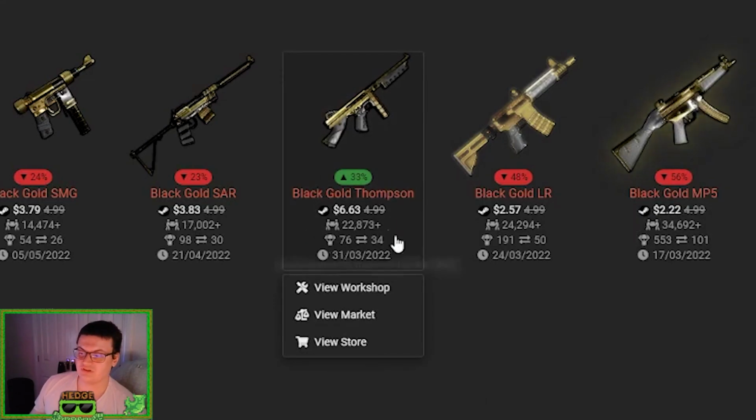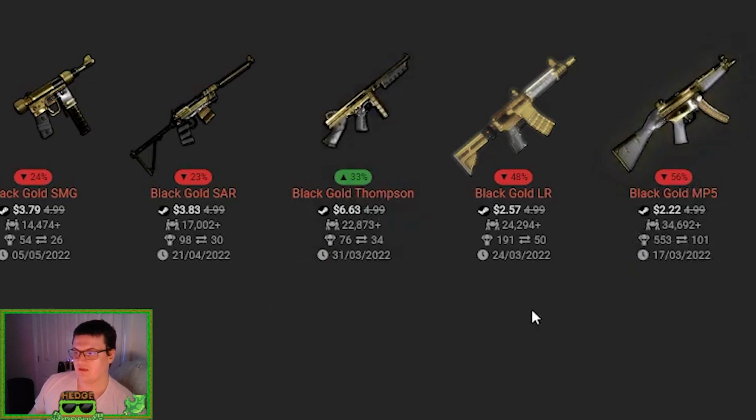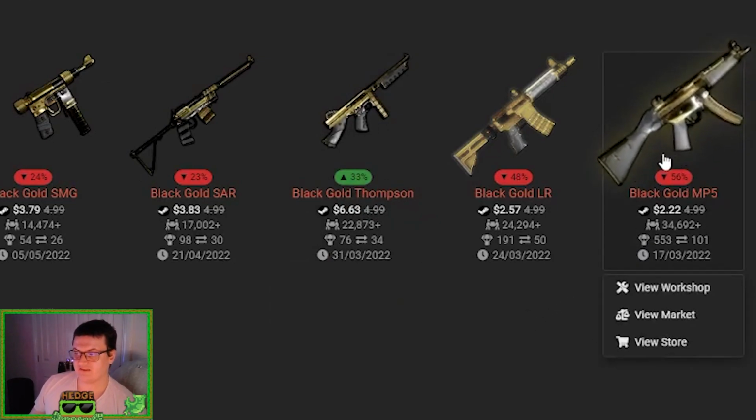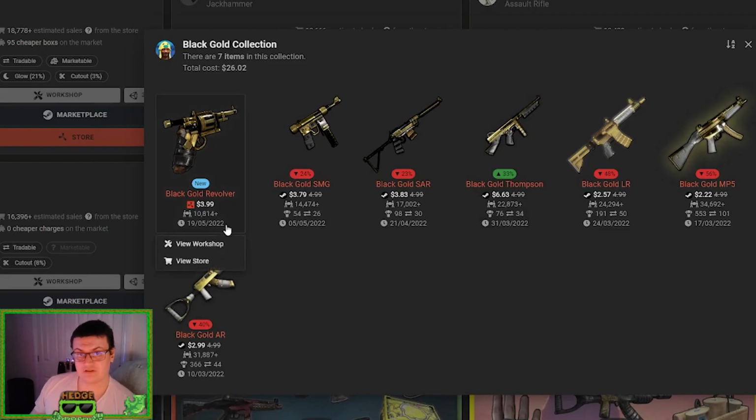So this only had 23,000 sales. This had 35,000 sales almost. This had far too many bought in excess, and it suffered, and it's now down by 56% of its original store price, whereas the Black Gold Thompson has flourished and it's up by 33%. It's in the positive. So we are aware, as I just said, revolvers do get used a lot, and now